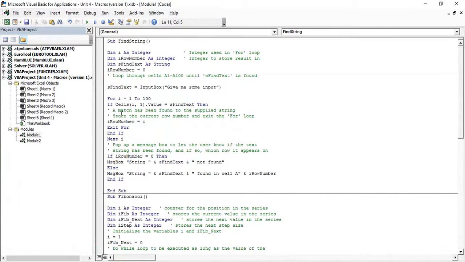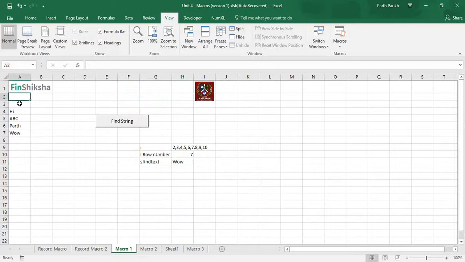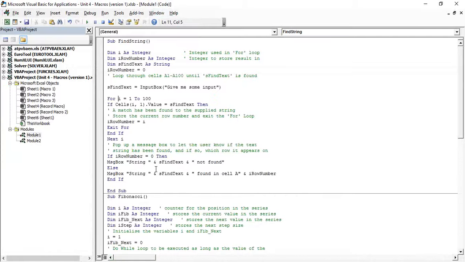Moving on, we have to create a circular path or loop in which it goes from 2, 3, 4, 5, 6, 7, 8, 9, 10, wherever it finds. So that input is I. What I'm saying is for I 1 to 100, it starts from 1 and ends at 100. It will start from 1, if it doesn't find it will go to 2, if it doesn't find it will go to 3. So it will go up to 100 times. We can write this as 1000, 10,000, 1 lakh, 1 million, whatever input we require.